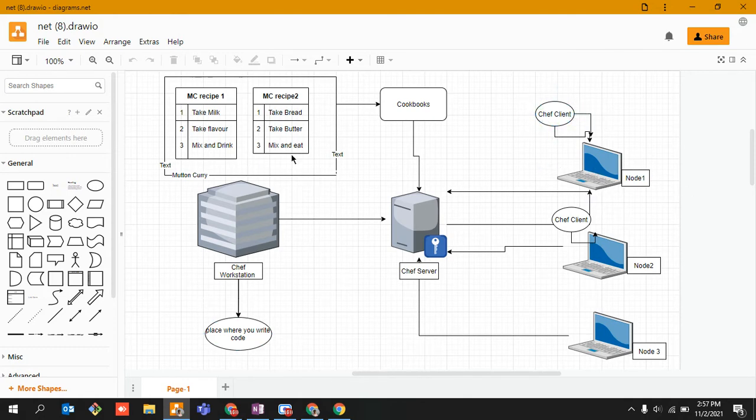So what we are going to do is create a workstation, or rather download the workstation onto one of my EC2 instances, and then connect it with the chef server. Then I'll create another EC2 instance, my node machine, and connect it with the chef server again. I'll write some recipes in front of you and upload them. When I upload them, the node will automatically pull all the code that has been written. So it's very easy. We'll write code, upload it, and after uploading, chef client is automatically going to take the code from here and install it over here, right?